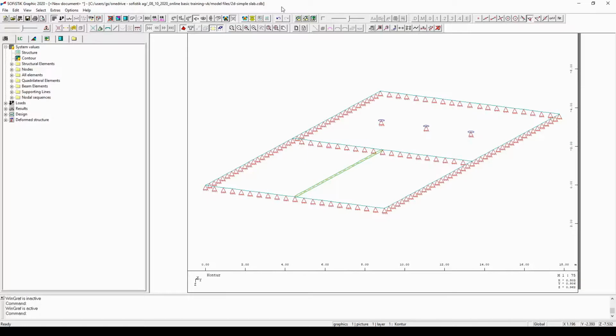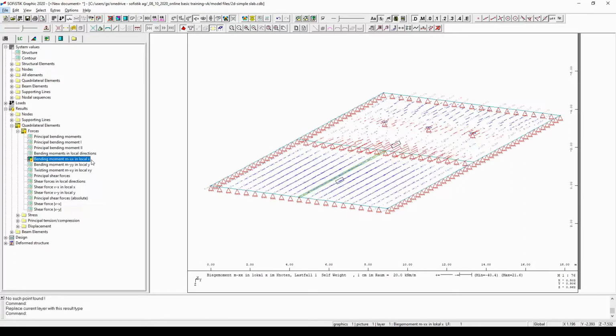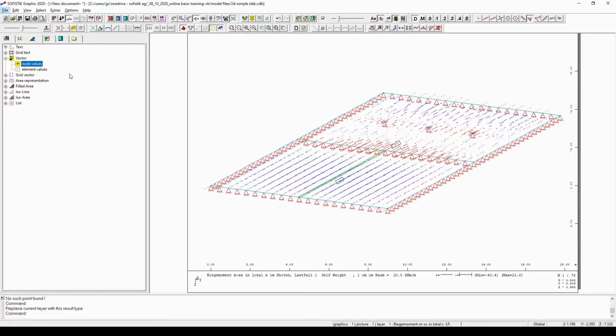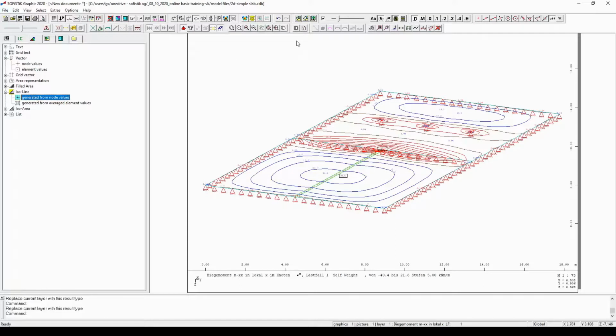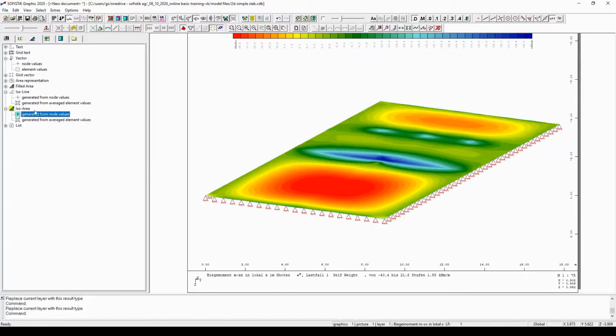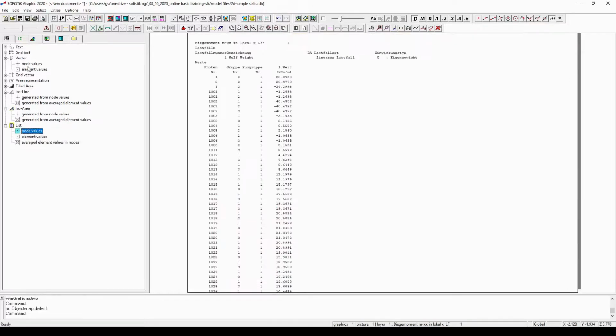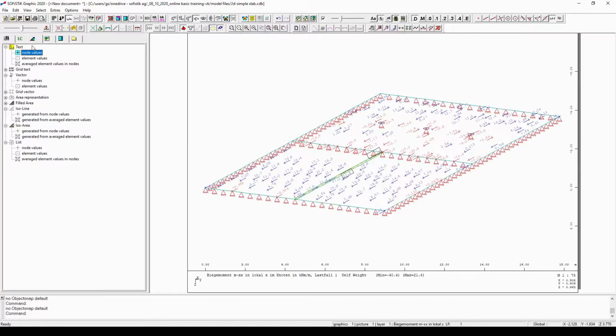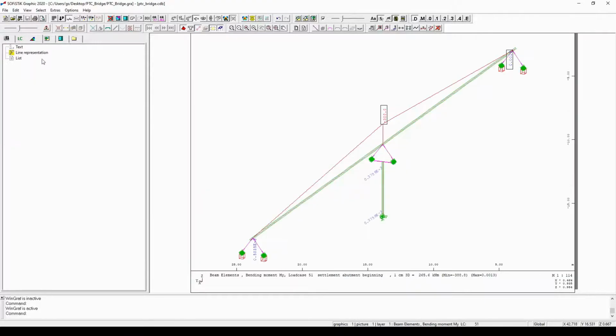So now I have opened another file that represents a simple 2D system. Then you will see the default representation of these bending moments. This is, for example, the vector representation, but if I select the isoline representation, it is something that in most of the cases we would like to see when we are presenting results of quad elements. But it's also possible to choose, for example, the ISO area representation, which is a very nice colorful picture. However, please notice that the original list and text representation is still available for us. Okay, so what you need to remember is that the representation type can be selected on the third tab of the left sidebar. Now let us go back to our original example file and continue by clicking on the first